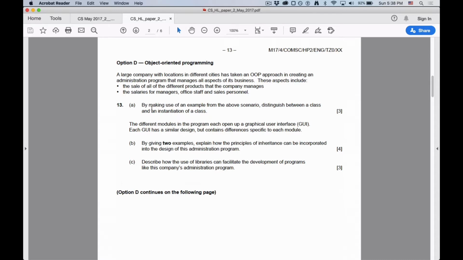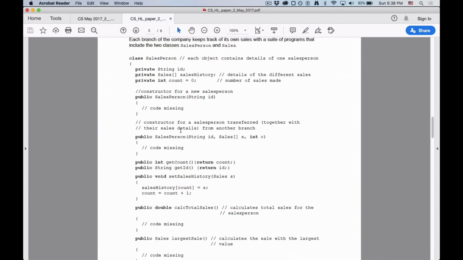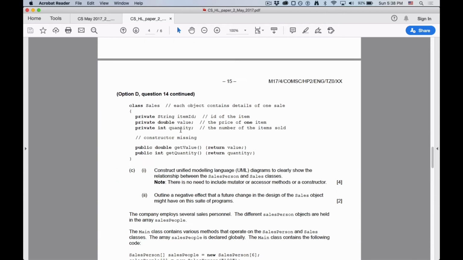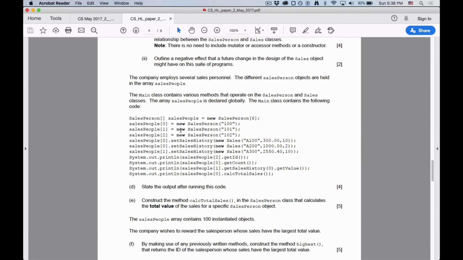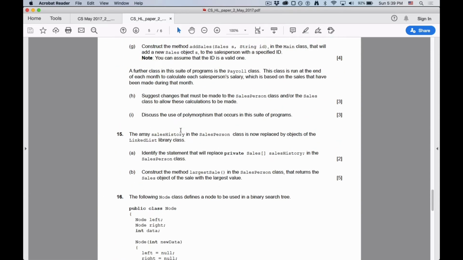Take out the pencil, read this again. Never going to hurt to just soak this up one more time. Company, sales of products, salary. Did I see anything about salaries? I didn't see anything about salaries. So I'm going to look down one more time. Did I miss a salaries class? Anything about salaries? Didn't look on past here. No. Okay, so